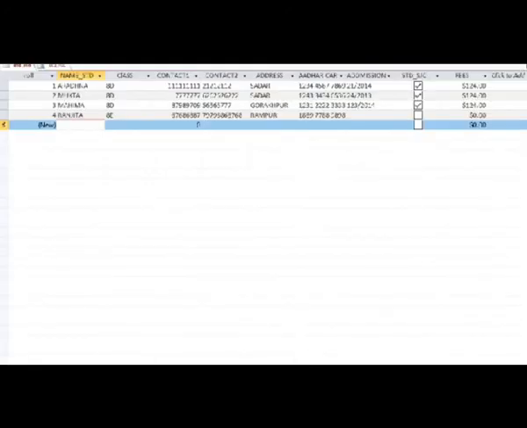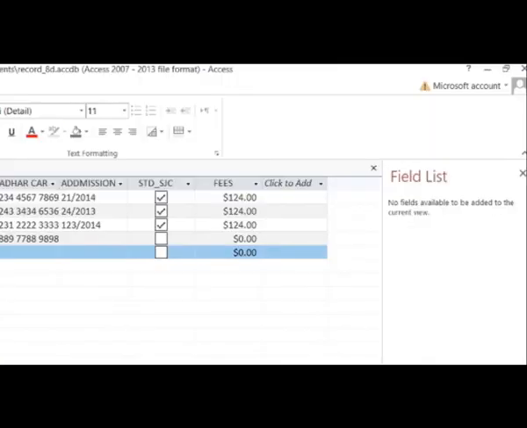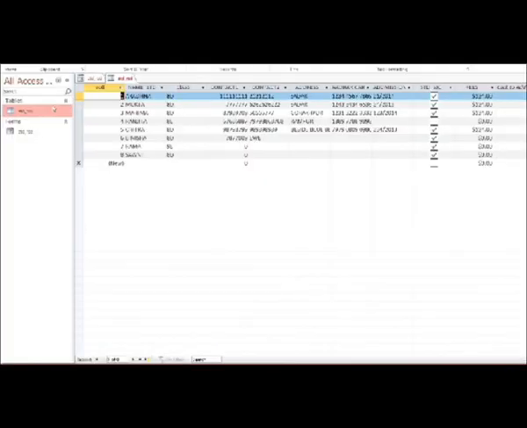Let us open. Oh, see children, the first time we inserted only 4 records in our table. Still it is showing 4, but we have typed 2 more through the form. So where are those records? It is so because this was the previous view, so you have to first close this table and again click on datasheet view.